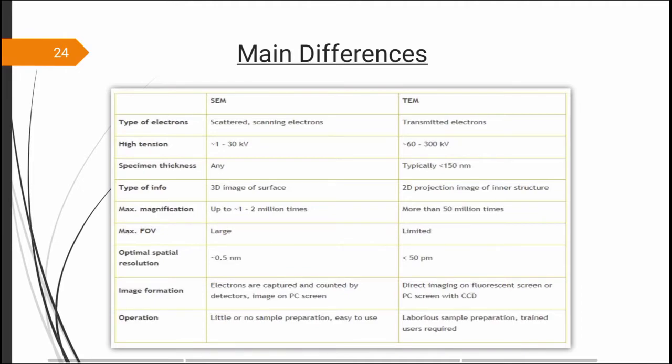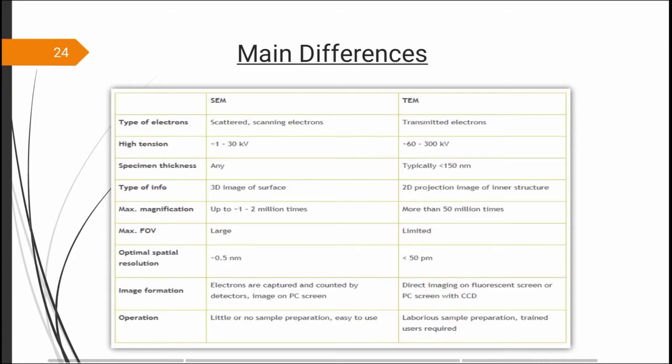And generally, these TEMs are more complex to operate. TEM usage requires intensive training before being able to operate them. Special procedures need to be performed before every use, with several steps included that ensure that the electron beam is perfectly aligned. In this table, you can see a summary of the main difference between SEM and TEM.